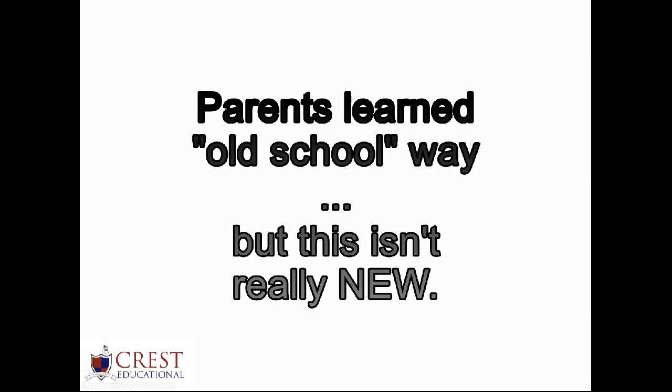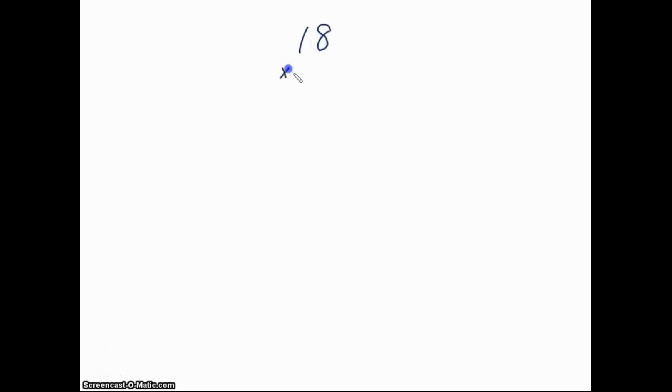Now, parents have been complaining about the box method because it seems like an alien life form. It takes something that didn't need to be fixed and it attempts to fix it. Now, I want to give a problem that's very simple that can illustrate all of these concerns. If I take two simple numbers, 18 and 12,